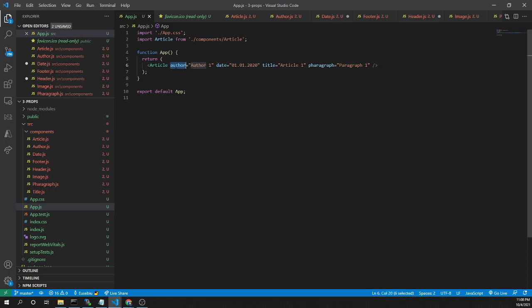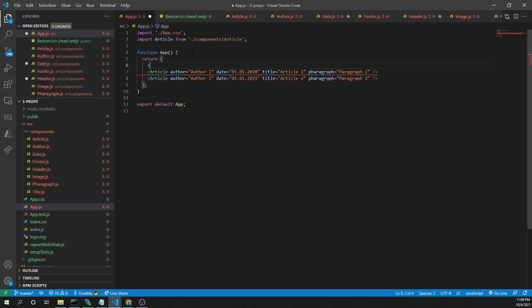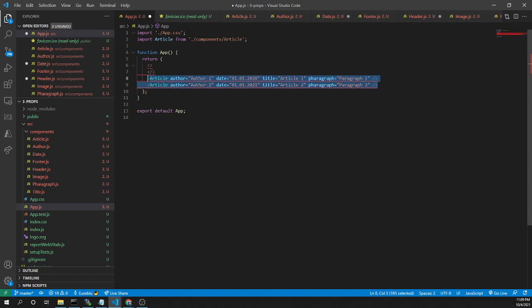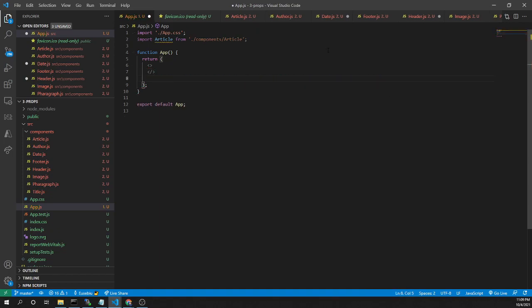So to this article component I send the author property, the date, the title, and the paragraph. Let's add another article component, and here I'll add article 2. Here I add another date. Here article 2 and paragraph 2. And here I need to put a parent for my JSX code.